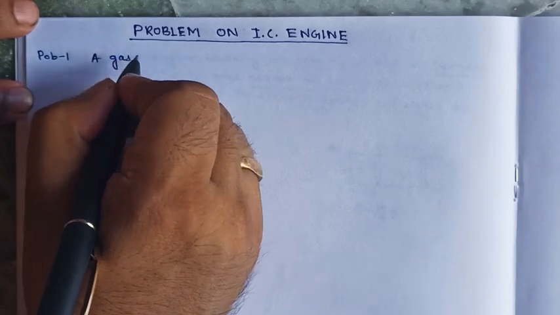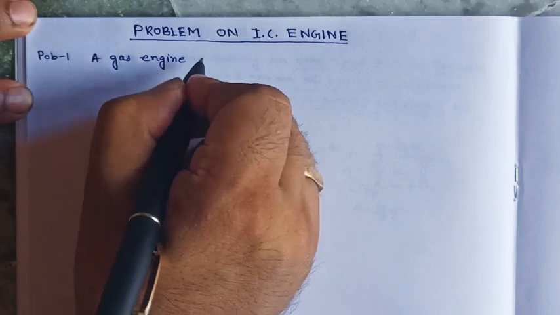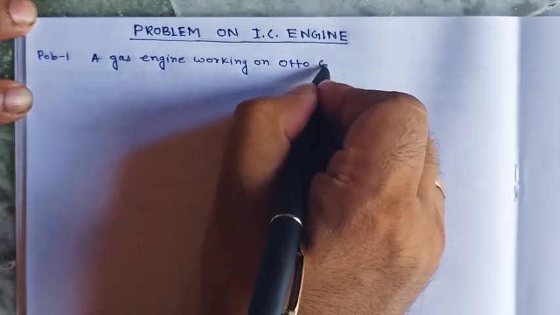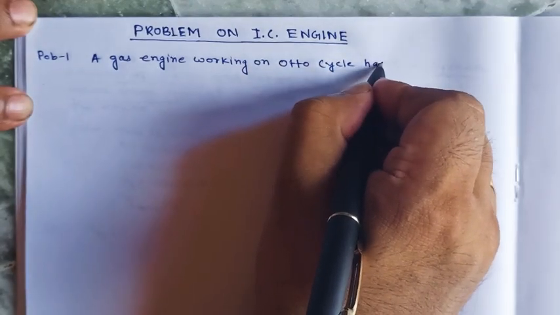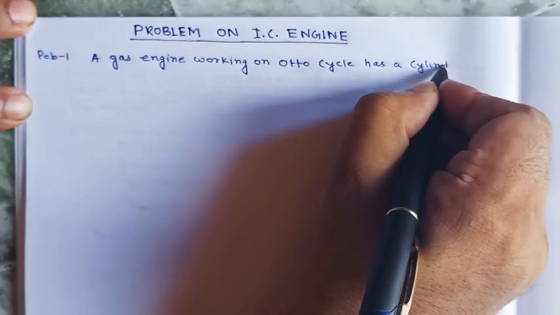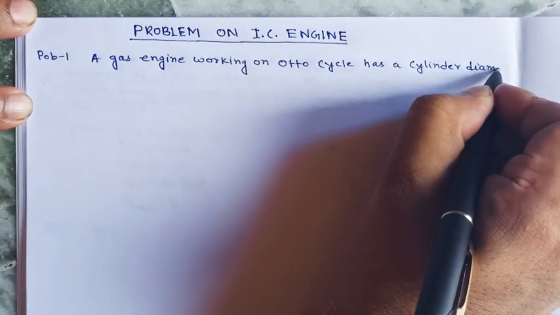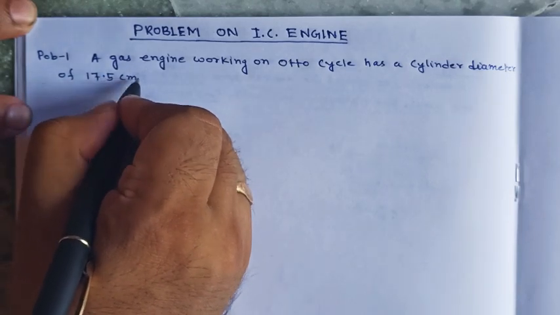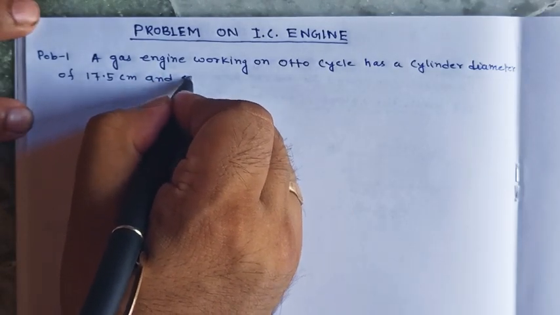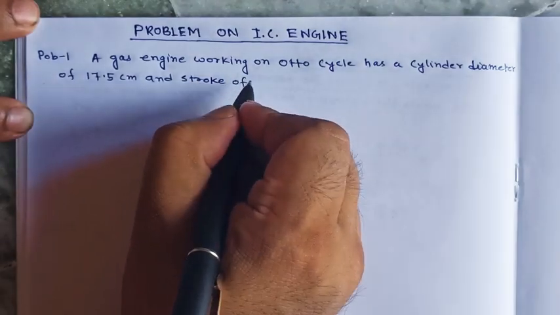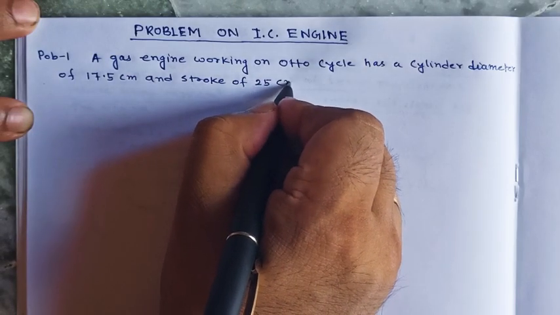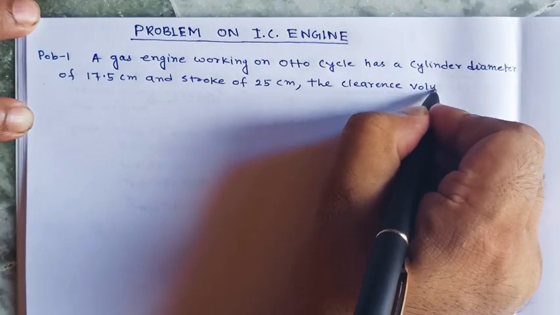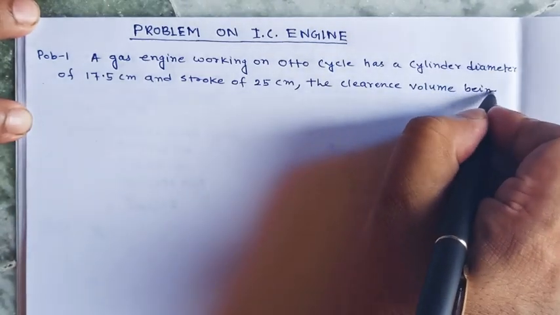A gas engine working on Otto cycle has a cylinder diameter of 17.5 centimeter and stroke of 25 centimeter. Clearance volume being...